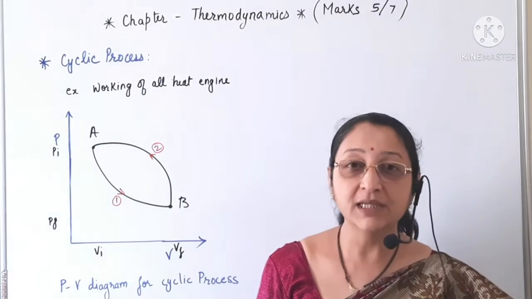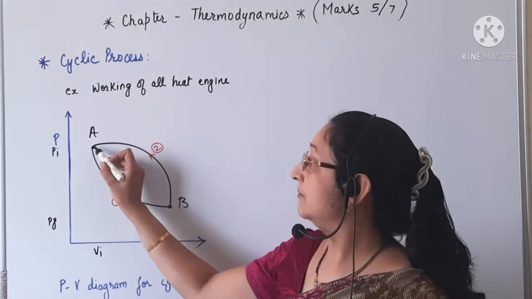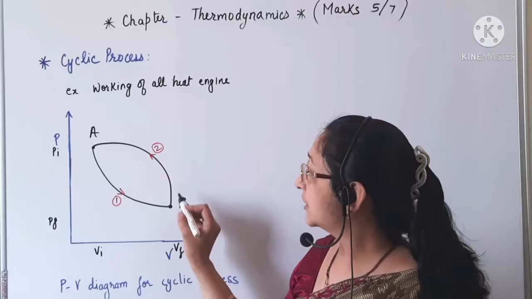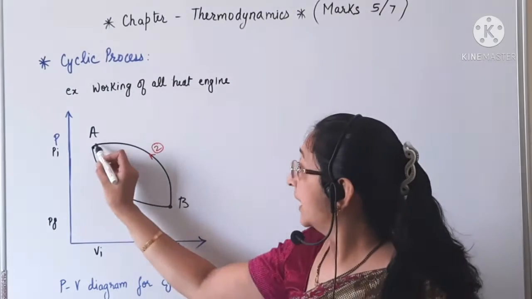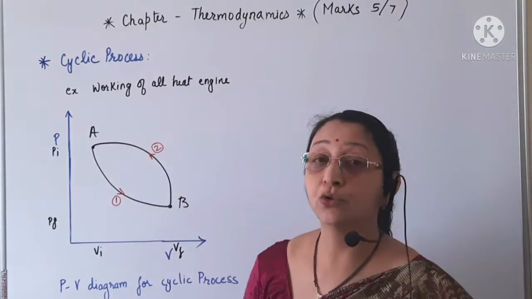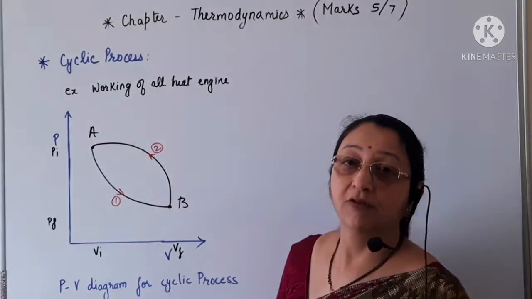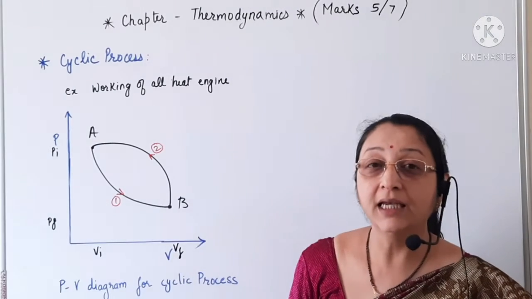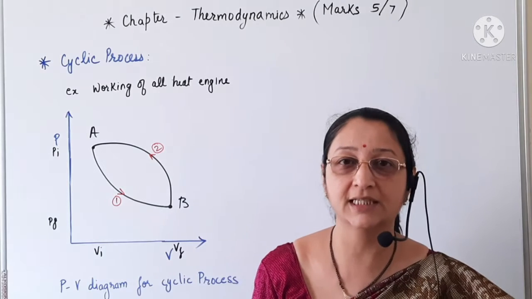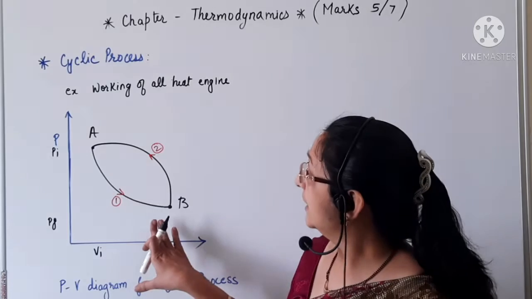As the name suggests, like a cycle, the system, suppose at state A, comes to state B, but again it goes to its initial state A. So such a process where the system returns to its initial state is a cyclic process. Now, in this process,